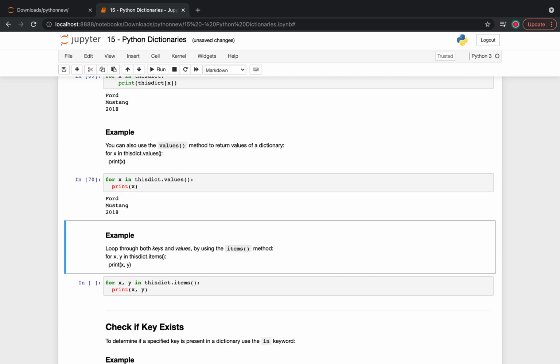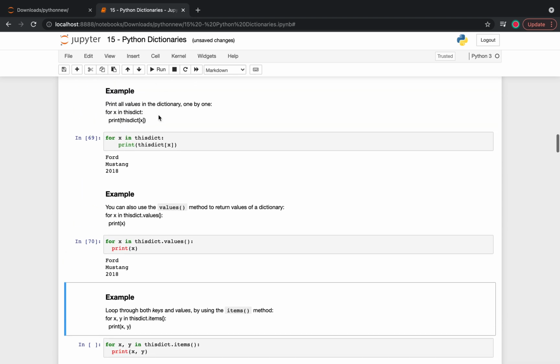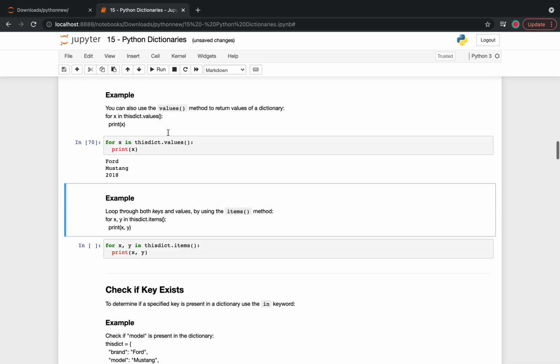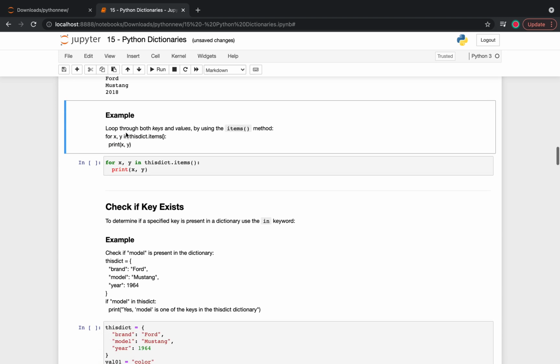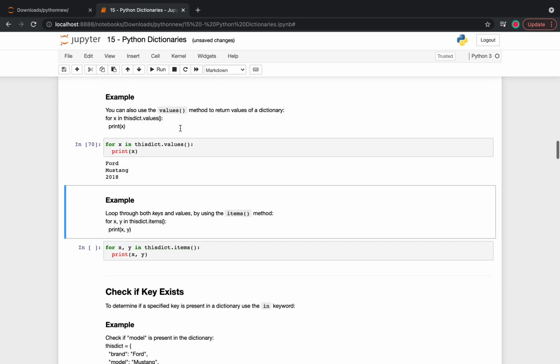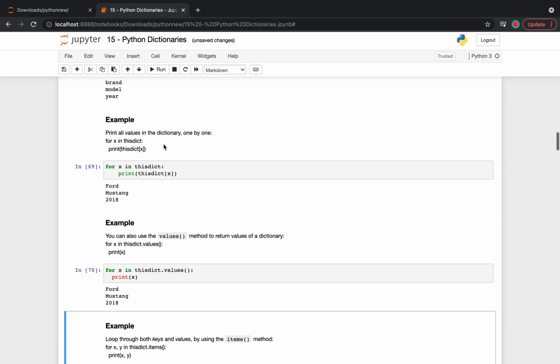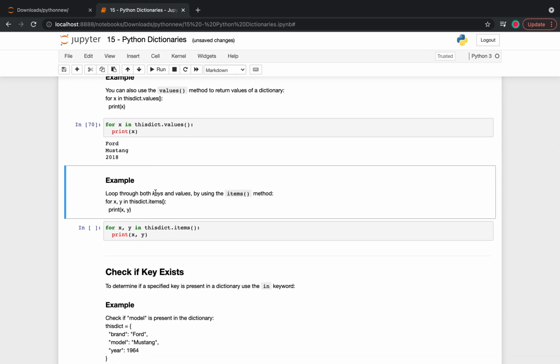So I print this one, it gives the same answer or the same function as this one. And then next, we want to look through both keys and values. For this one we want to print the values. For this one also, the example for us is a for loop through the values. But for this one we want to loop through both keys and values, which is by using the items